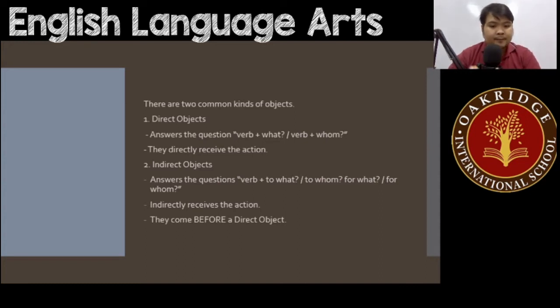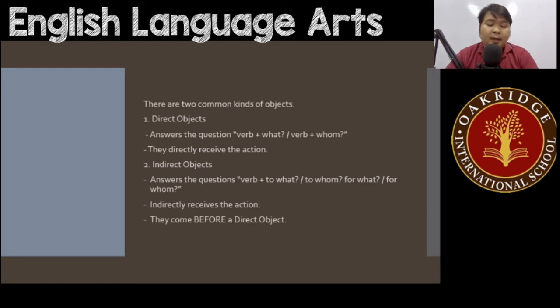What are these? So the direct object, guys, these are nouns that answer the question verb plus what or verb plus whom. They receive the action directly. Take note, objects, by the way, these are nouns found in the predicate area, okay? So they come after the verb. So if it's a direct object, it answers the questions verb plus what or verb plus whom, and they directly